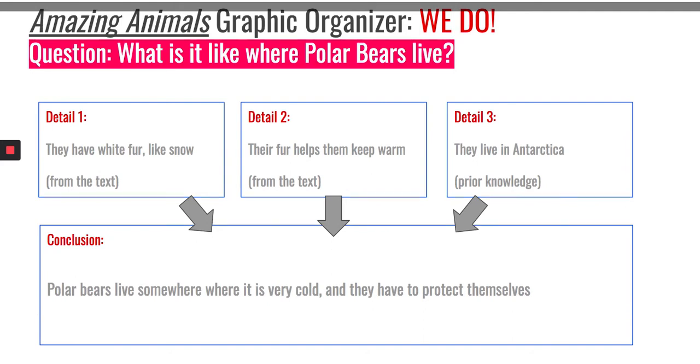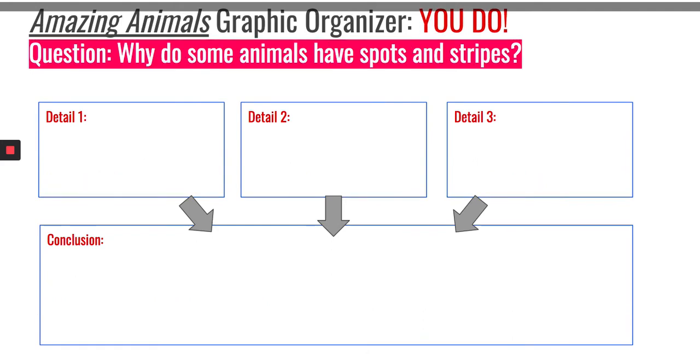So now that we did one together, I want you on your own to try and answer this question. Why do some animals have spots and stripes? So you can use however many details from the story that we read today. So maybe about the giraffes, maybe about zebras, anything that you can think of that has stripes or spots, and think about 3 details, and